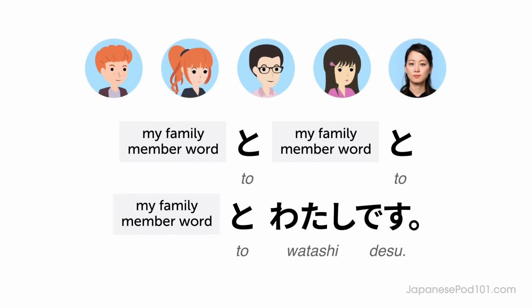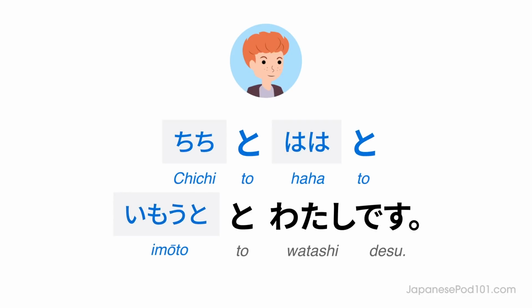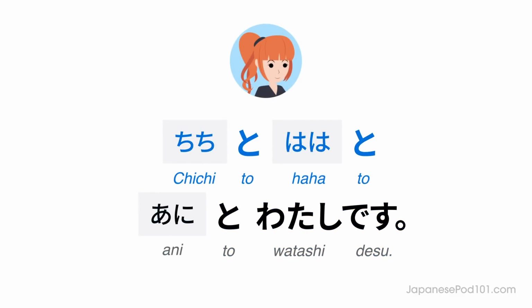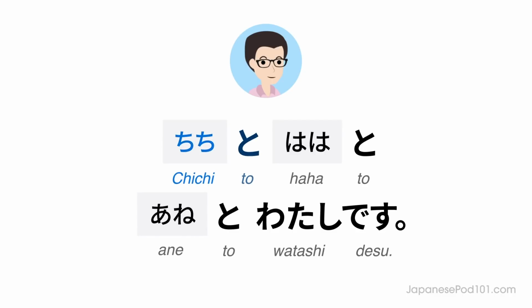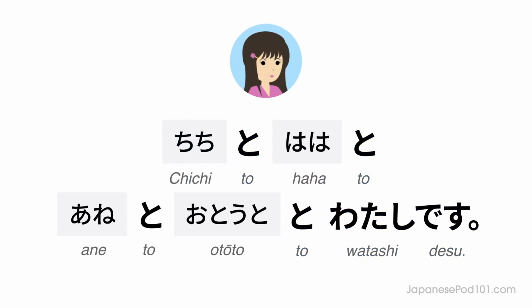Let's look at some examples. Listen and repeat or speak along with the native speakers. 父と母と妹と私です。父と母と兄と私です。父と母と姉と私です。父と母と姉と弟と私です。